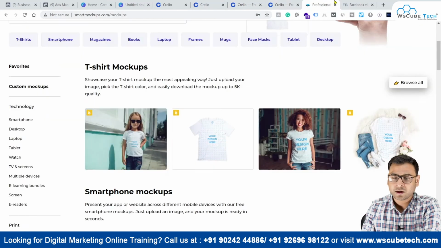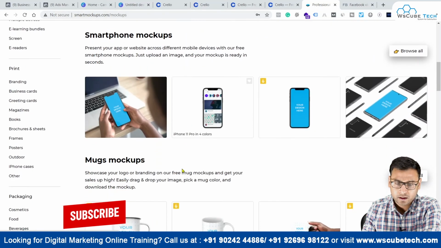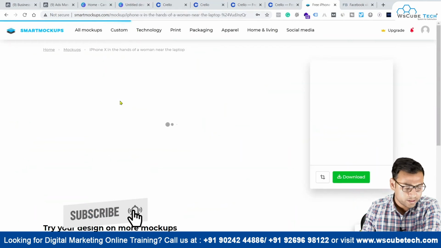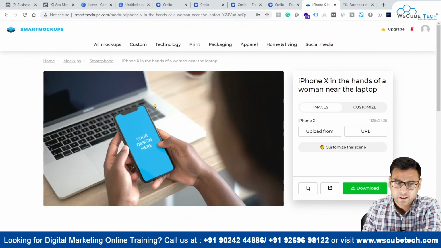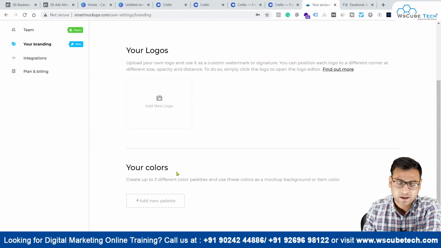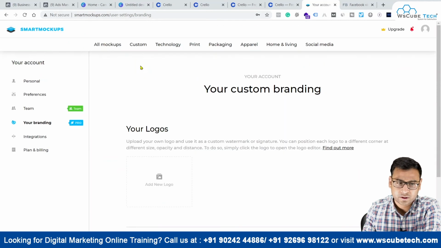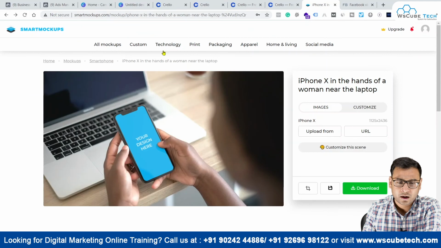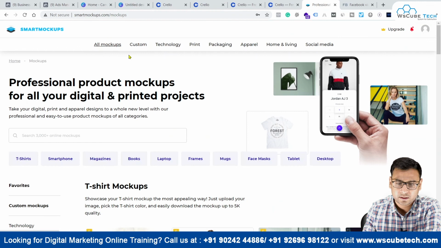Then we have another tool over here which is like smartmockups.com and /mockup. So you have different mockups over here. So what you can do is you can put your design, logo, name, whatever you want, you can put it over here, right? As you can see over here, you can customize this scene according to your requirement, and then you can download this thing, right? So if you want to use your branding, if you want to use some images, you can go there and use these things, right? You can also play with the colors and everything. So we have different mockups over here, and these mockups are of like different designs and different layouts.